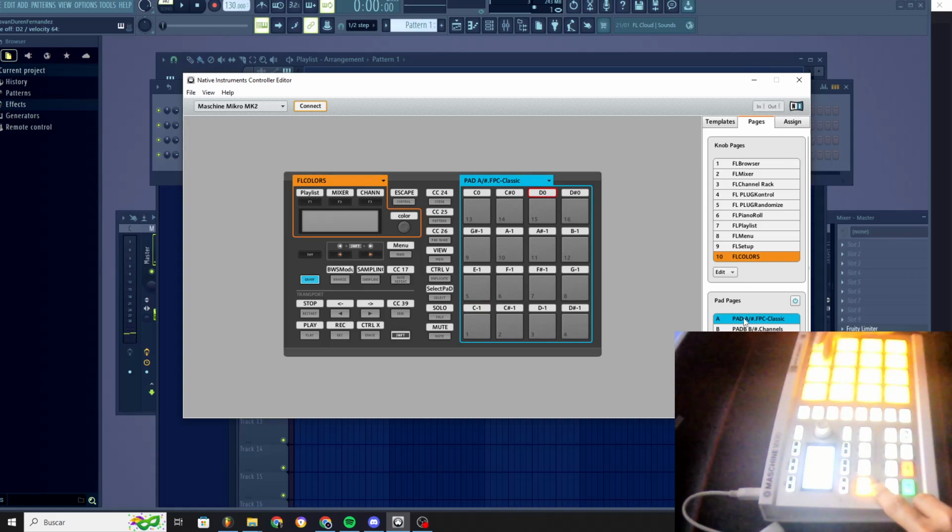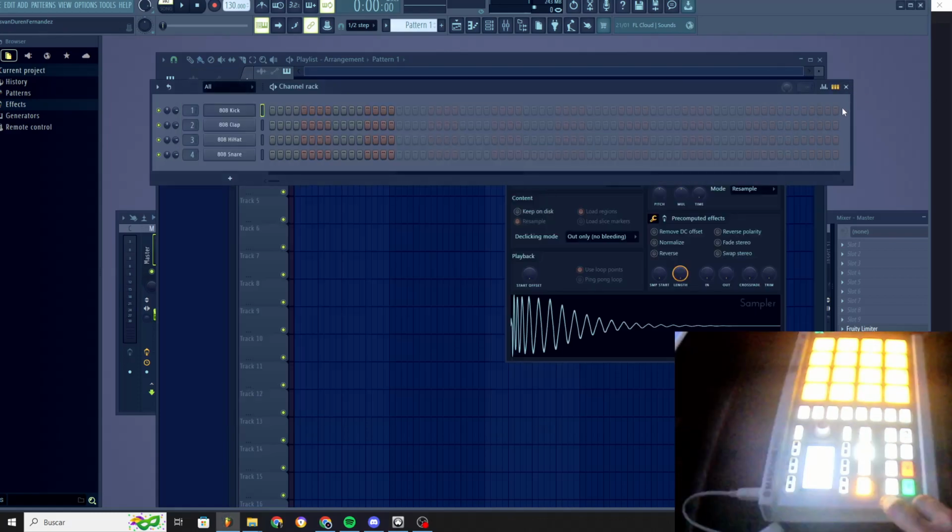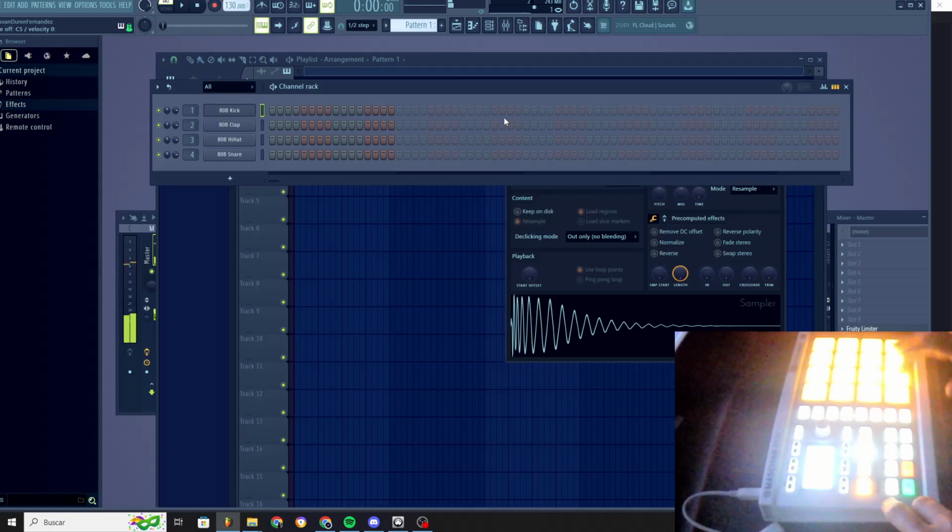So normal pad will send event data notes. For choosing FPC, you will need to click the sampling button, and then you will be able to control FL Studio as a drum machine and trigger notes in the different channels